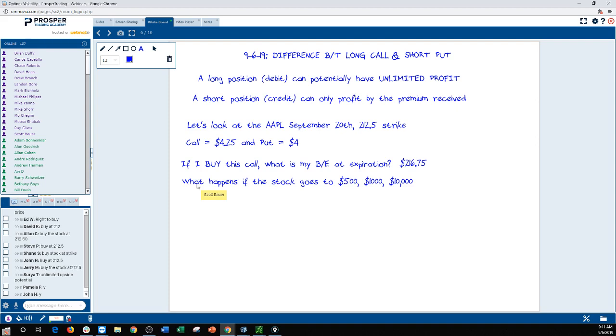But this is why, theoretically, if you own the call and the stock moves prior to the expiration of that call, I have unlimited upside potential. Right? I can make as much money as the stock goes up. Okay? Now,